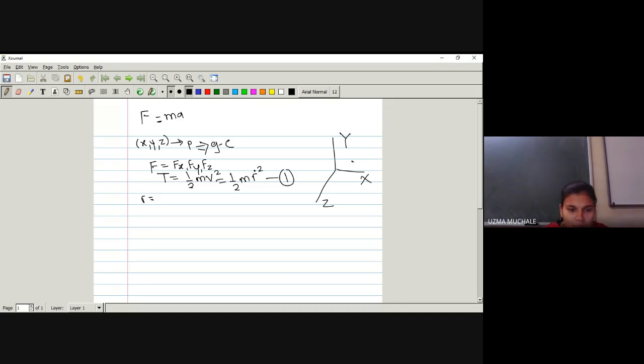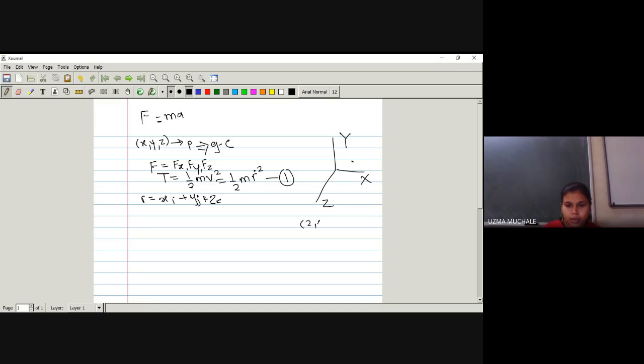Now what is r? What is r is nothing but your xi plus yj plus zk. Why is this xi plus yj plus zk? Because this is the position vector of a particle. In the first lecture we have seen what is ijk. These are nothing but the unit vectors in the direction of xyz, right? It is just like your basis vector, right? Any vector can be written as a linear combination of basis vectors. What are x, y, z? These are scalars, right? I hope you have come across this.